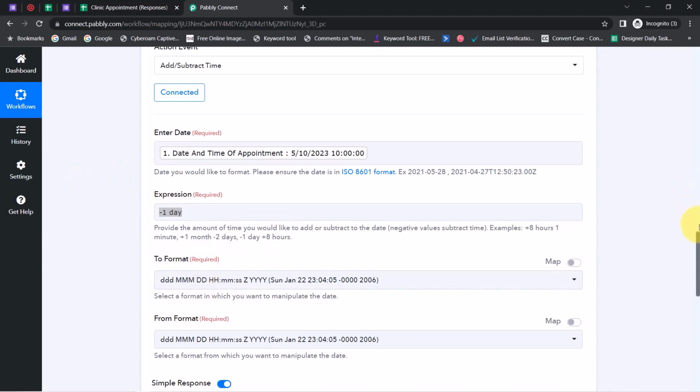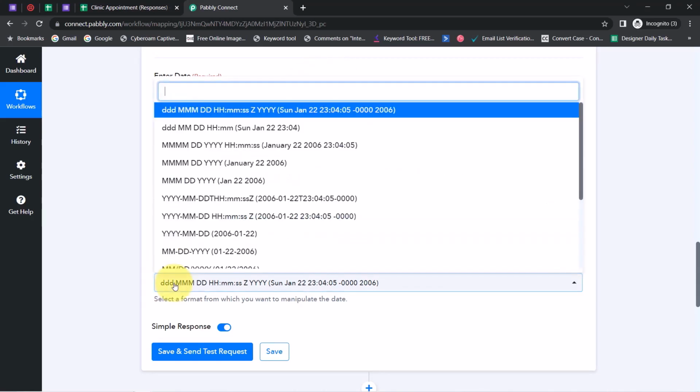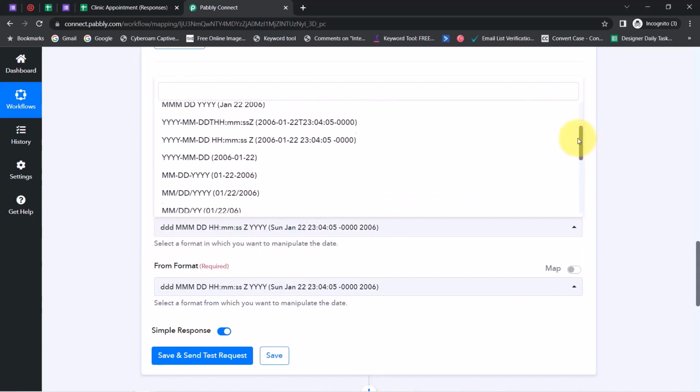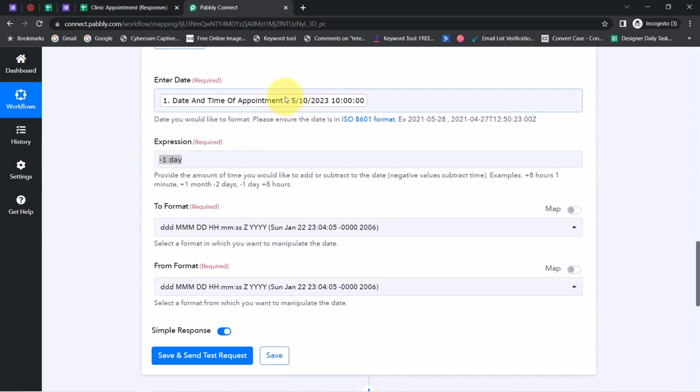Now it is asking for the to and from format. The from format is in this format. Basically this is month, this is date, this is year, and hours, minutes and seconds, separated with the help of a slash. So let me search for this from format. Here you can see several from formats are available, but I am searching for a format which starts with